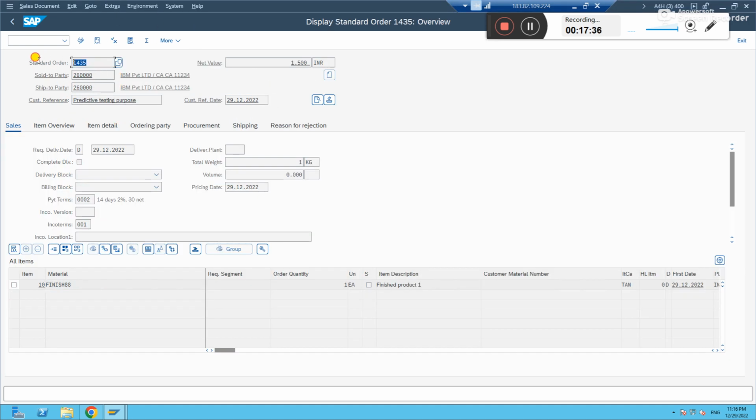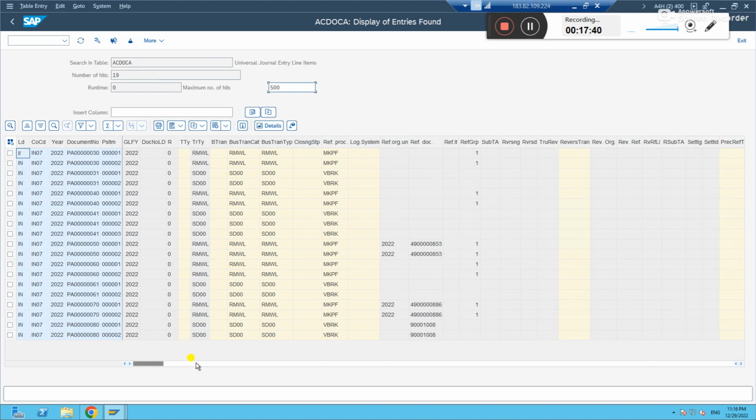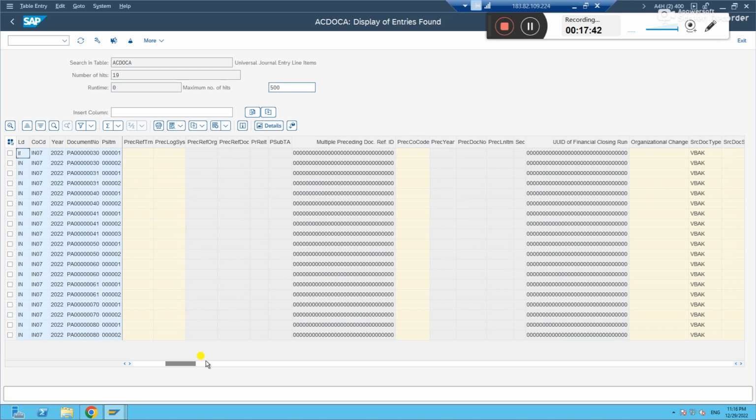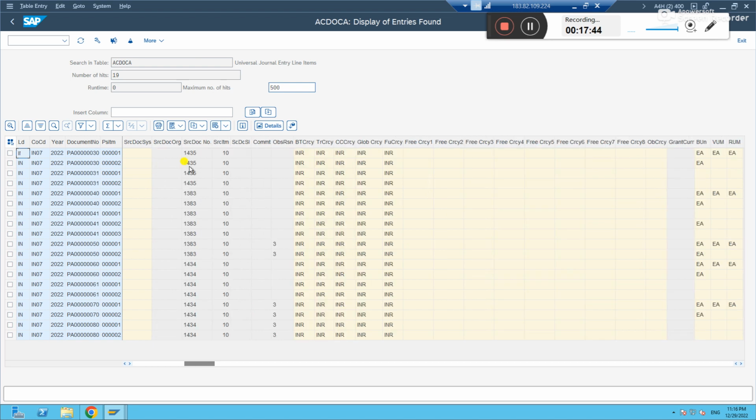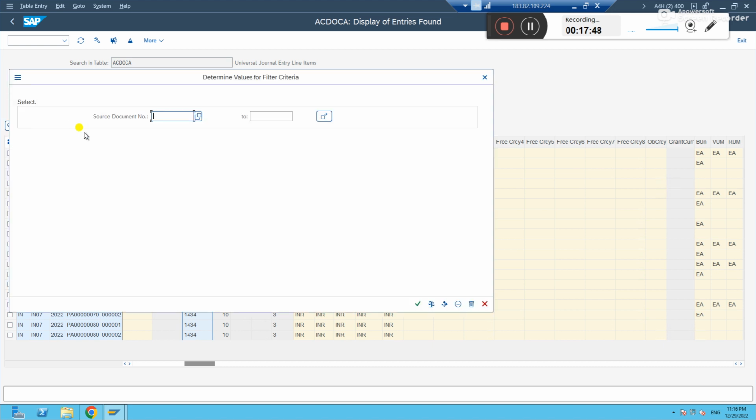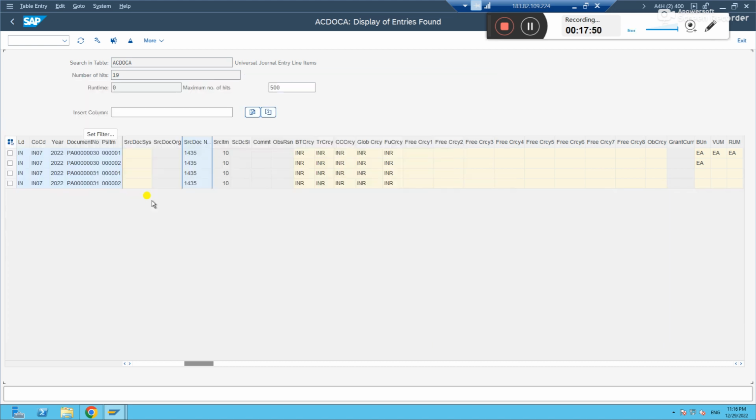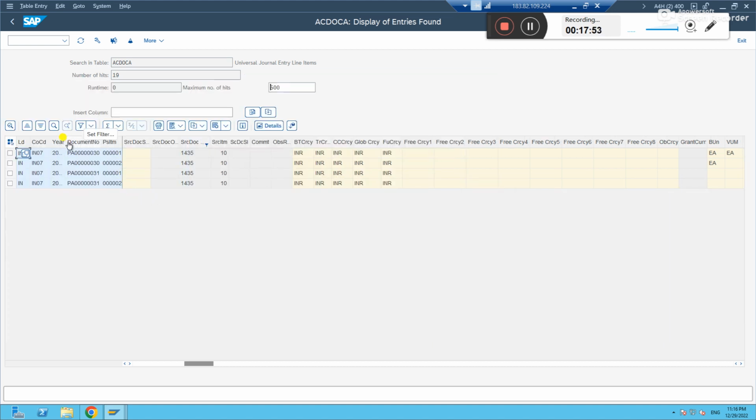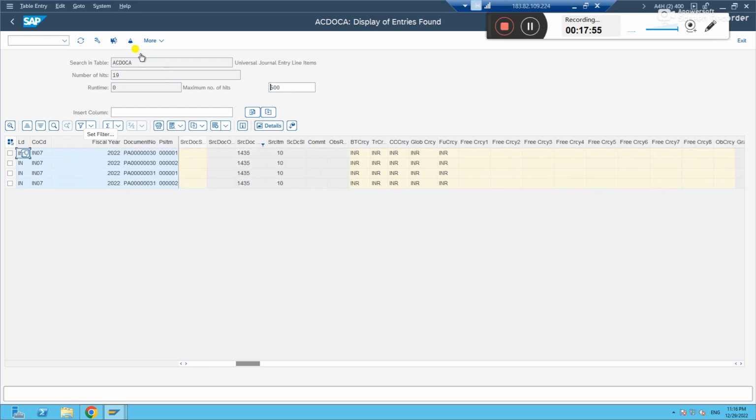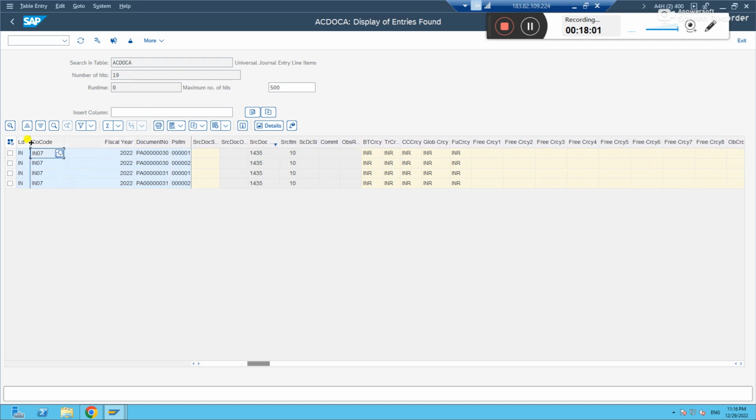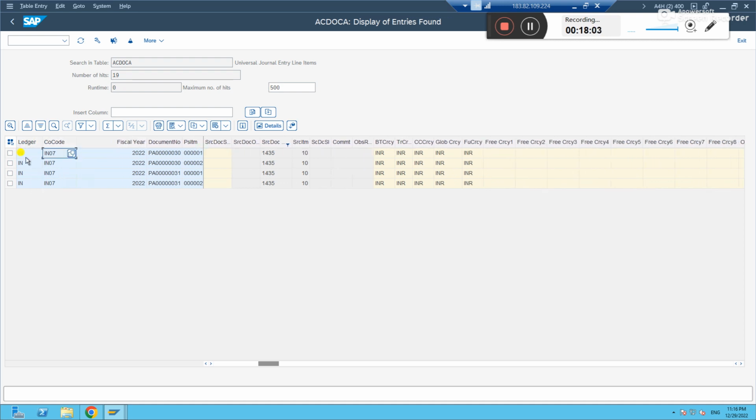Now let's filter. Let us filter with our sales order. Just come a little right. So this is a sales document number. Just filter it out. You just give our sales order. You see, there are 4 lines. The system automatically created accounting entries in company code IN07 under ledger IN only, not in a leading ledger,